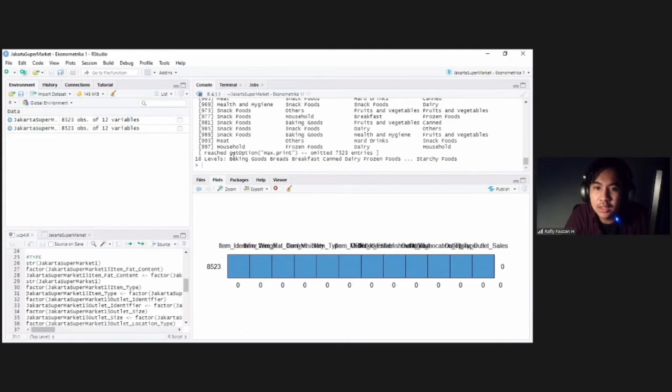So what can be done is to look at the original data section. Then we can filter the item type variable using the small symbol on the right in alphabetical order to make it easier for us to know the levels.